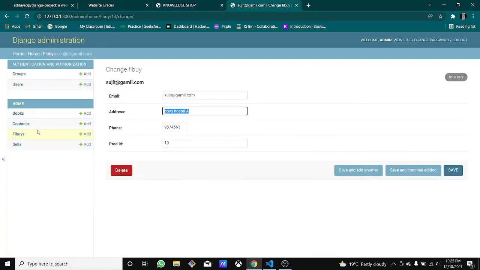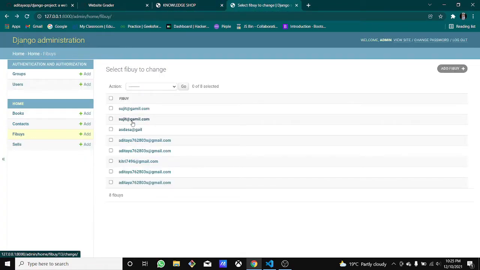We have bought this book, no? Yes. Due to resubmission, the product got 2 deductions. Because of reloading, this happened: 2 books got ordered for that particular person. Now you can see here the stock has been deducted.